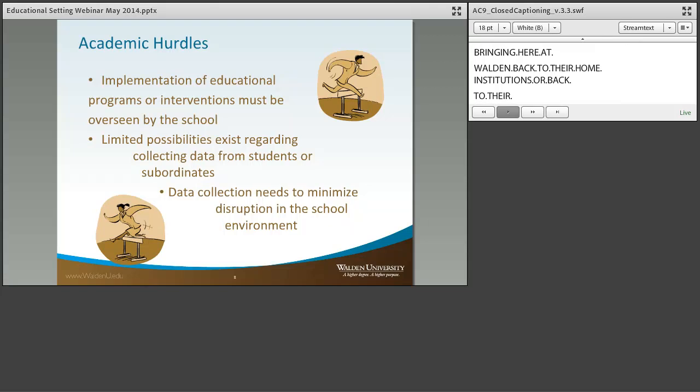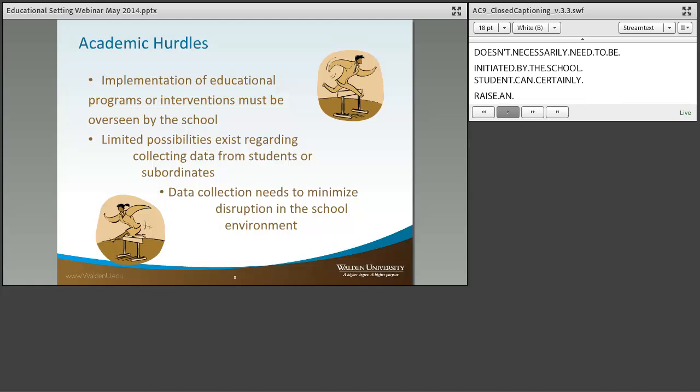When it comes to interventions or curriculum modification, even if it is the student wanting to do that, the idea to modify an instruction or to implement an intervention doesn't necessarily need to be initiated by the school. A student can certainly raise an idea of something that can be done, even if it's an idea that was learned at Walden. But